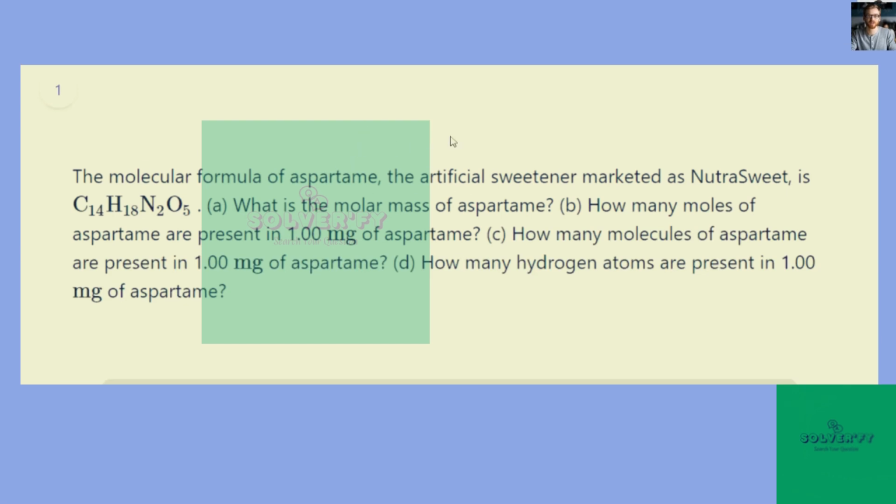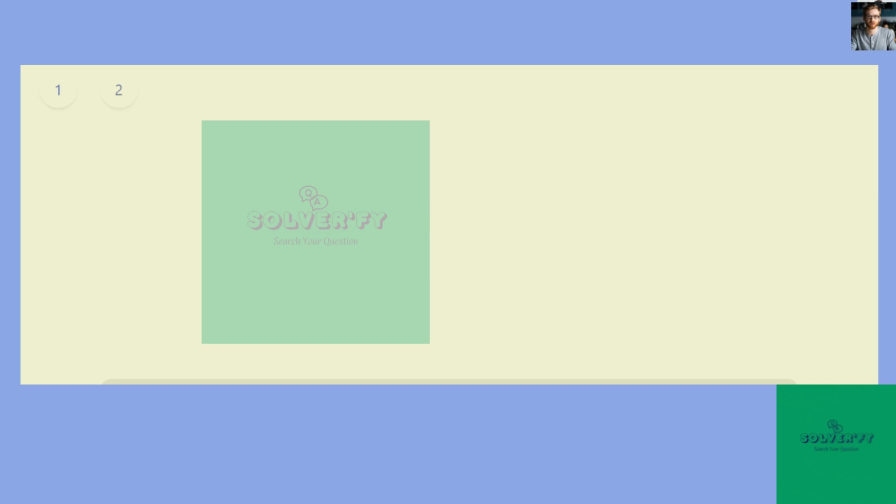Okay, so in this problem, first we have to find out the molar mass of aspartame, which has a molecular formula of this. The molar mass of this compound will be simply the sum of the molar mass of each atom present here, and we can do that by just simply adding. First, we write down the formula here: